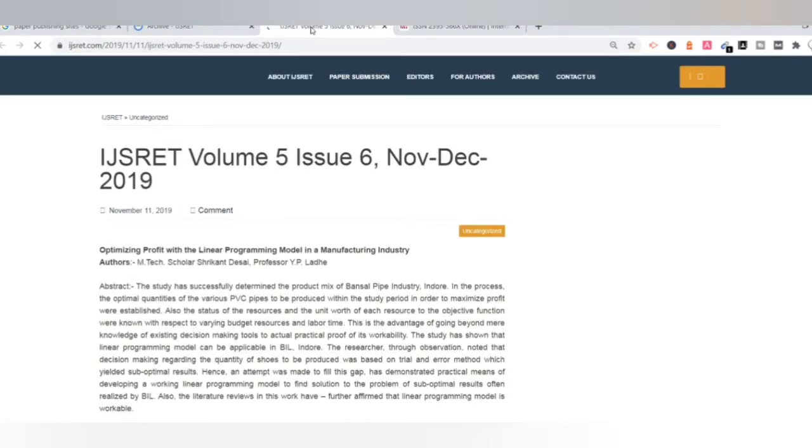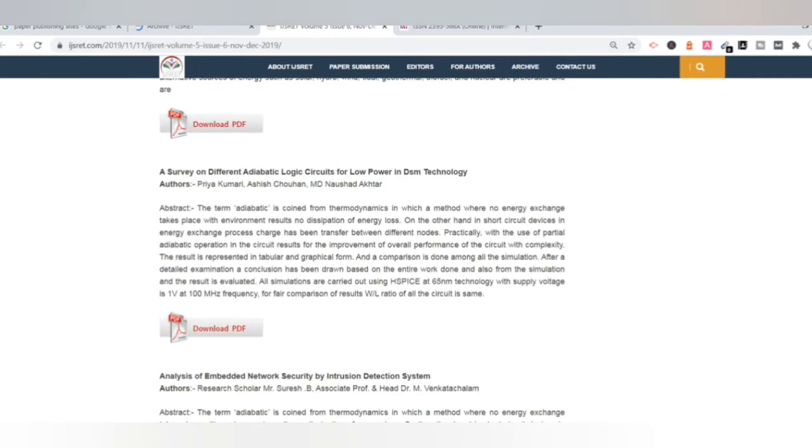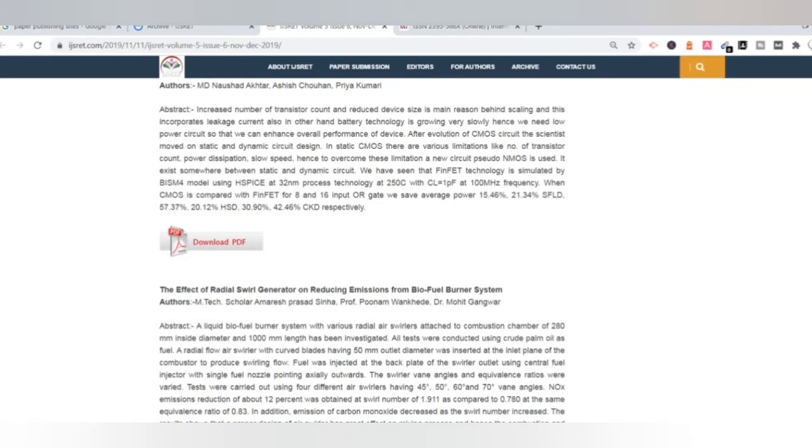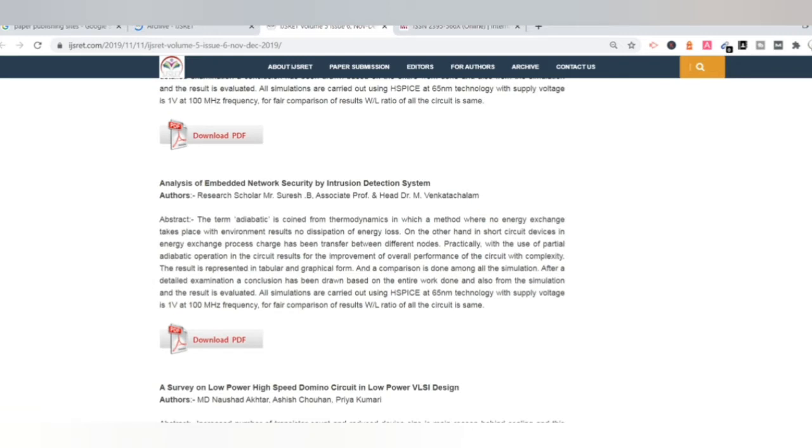A good number of papers helps us find whether a journal is working continuously and people are publishing their papers or not. So yes, if we check the last 2 years, people are publishing papers on this portal.